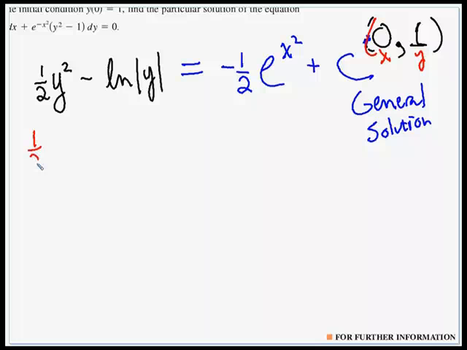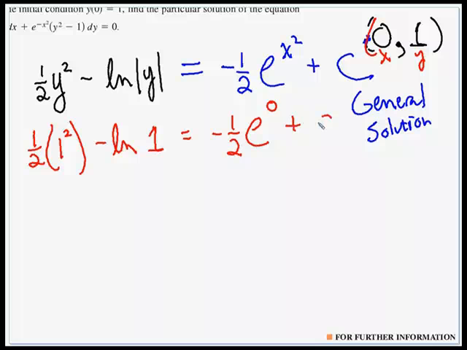So this becomes 1/2 times 1 squared minus the ln of the absolute value of 1. Well, we can drop the absolute value bars. It's a positive 1, we know that. Equals negative 1/2 e to the x squared power. X is 0, 0 squared is 0, plus c. So 1 squared is 1, times 1/2 is 1/2,